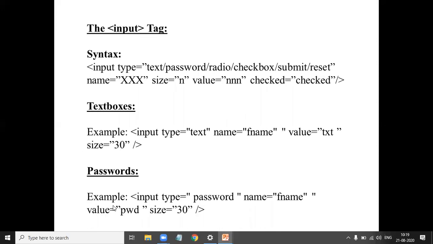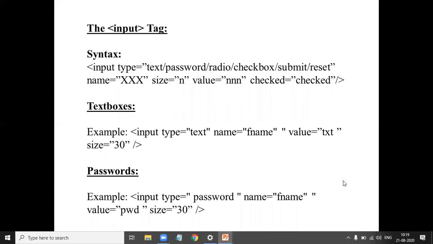Okay, so next, the form input tag. The input tag is used to enter the input into the form, and these are the different elements in the input tag.